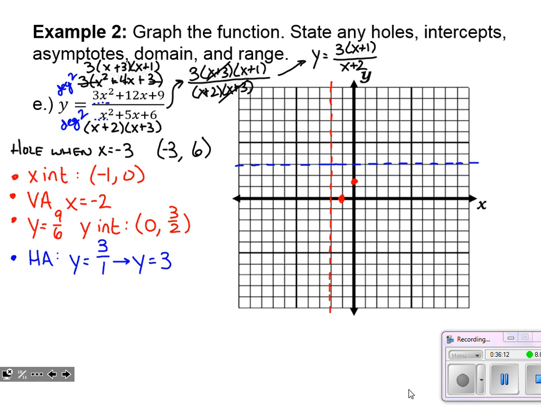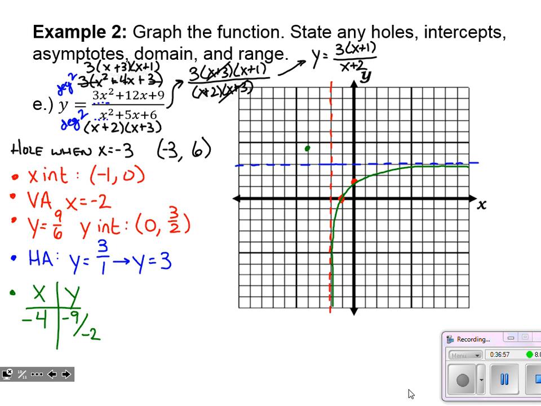All right, and before we go to freshman graphing, look at the x and y intercepts just falling in line nicely with what that graph should do as far as being drawn toward the asymptotes. Once again, I do need to see what's happening to the left of that vertical asymptote. So for my freshman graphing, I'm just going to test -3. And let's use our simplified function for that. 3 times, oh, we can't test -3. We said there was a hole in the graph there. Let's do -4. 3 times what would be -3, that's -9, over -4 plus 2, -2. So at -4, positive 9/2,